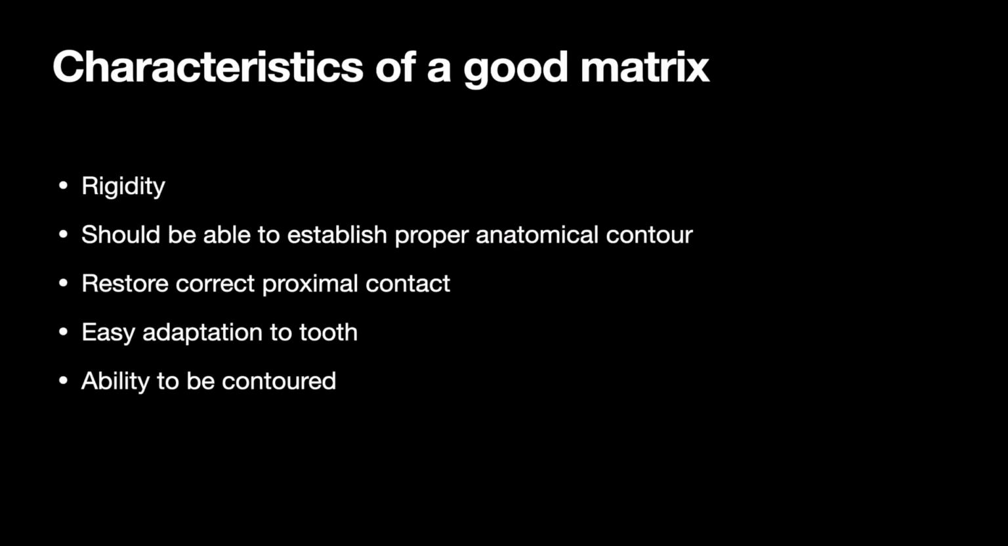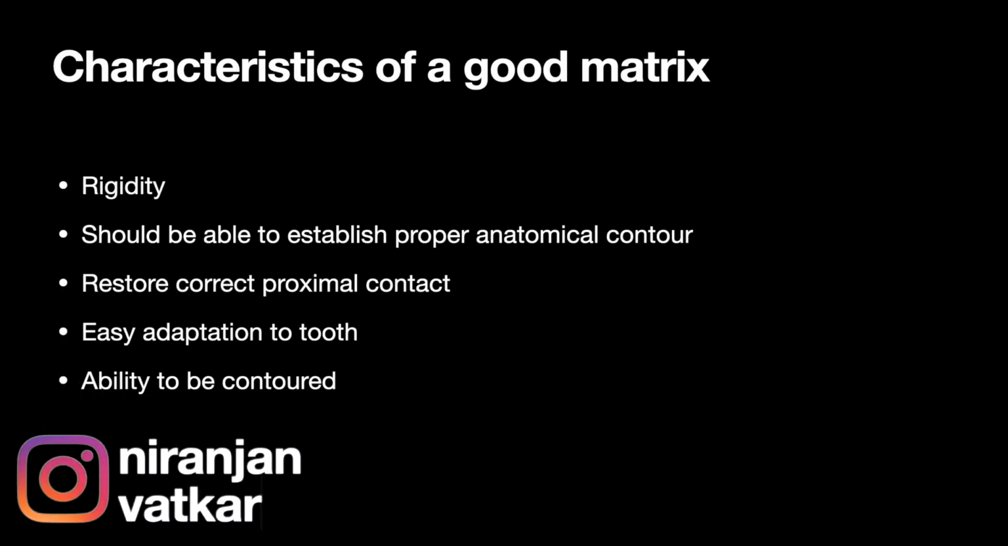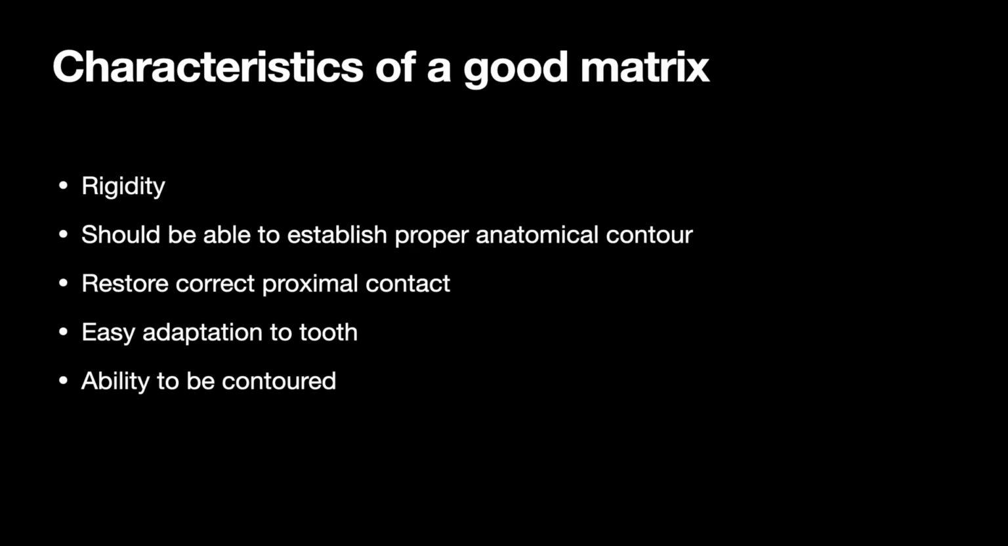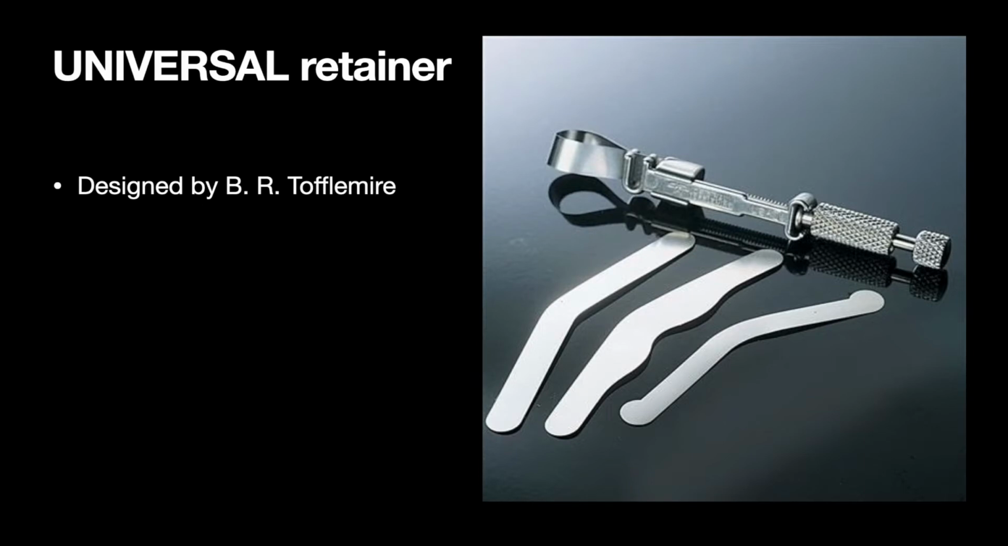So what are the characteristics of a good matrix band? It should be rigid, it should be able to establish proper anatomical contour, it should restore the correct proximal contact, it should be easy to adapt to the tooth, and it should have an ability to be contoured according to specific situations. Today in this video, we are going to discuss all about the universal retainer,